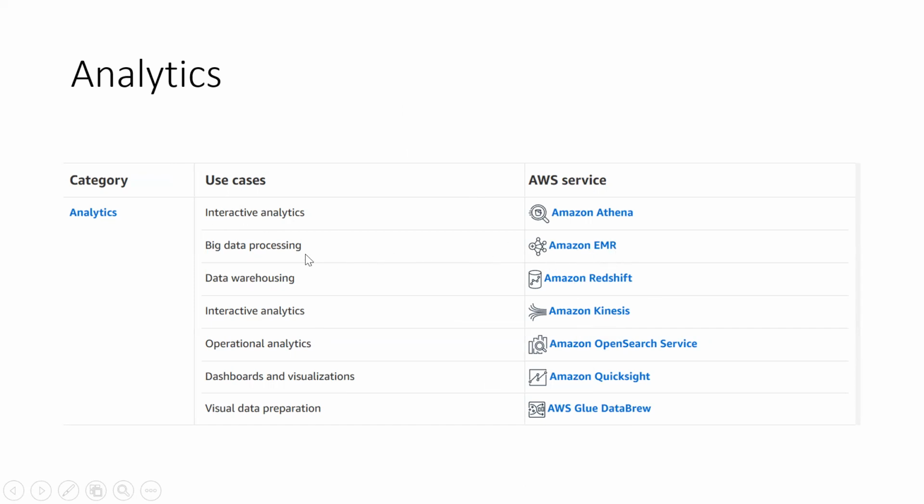Amazon EMR works on big data processing, and Amazon Athena works on interactive analytics. Based on what you need to do, you launch the product.